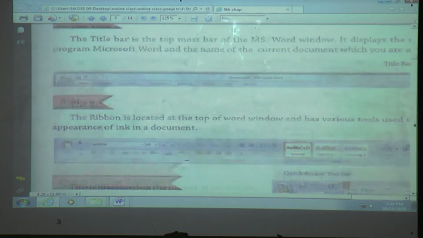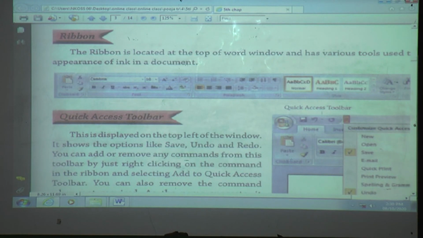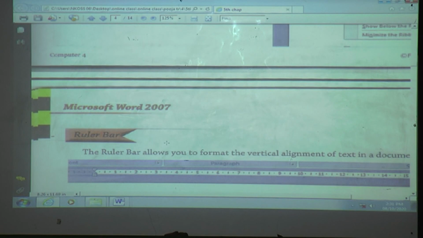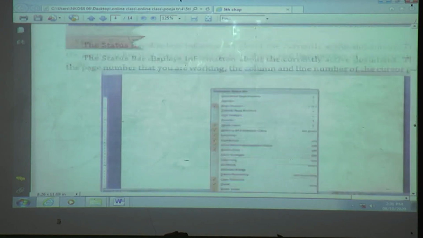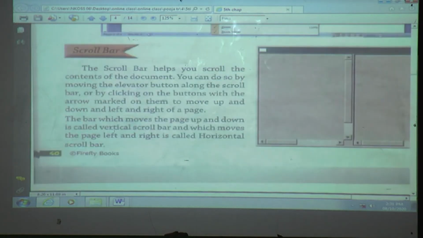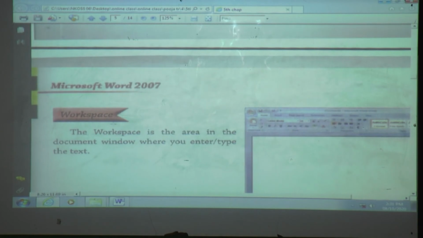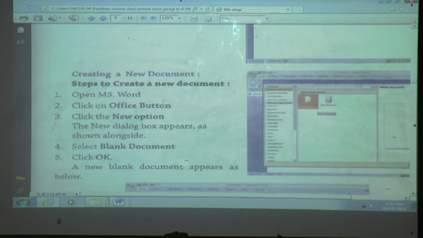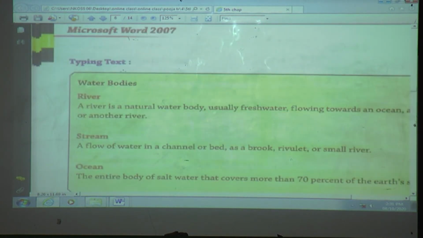Then the ribbon, quick access toolbar, ruler bar, status bar, scroll bar, workspace, and how to create a new document, how to type in Word.